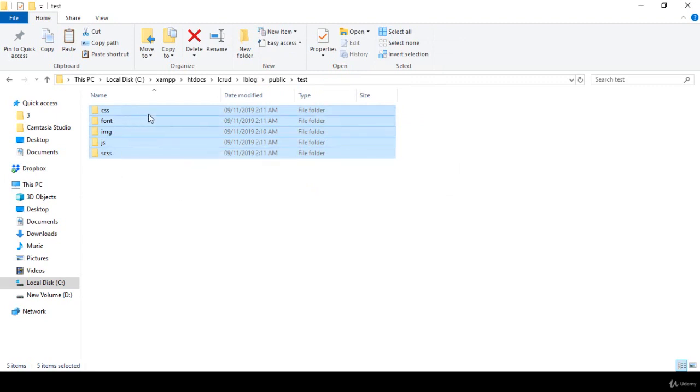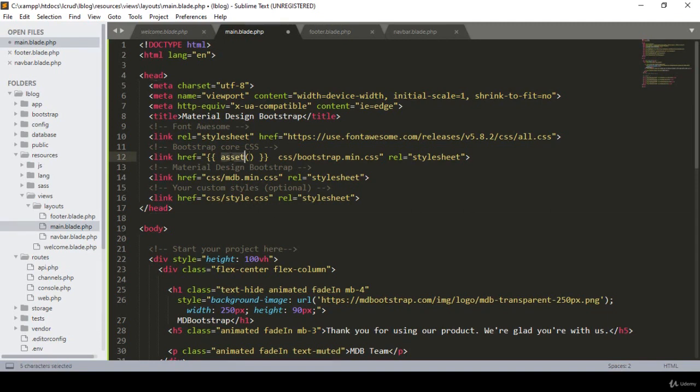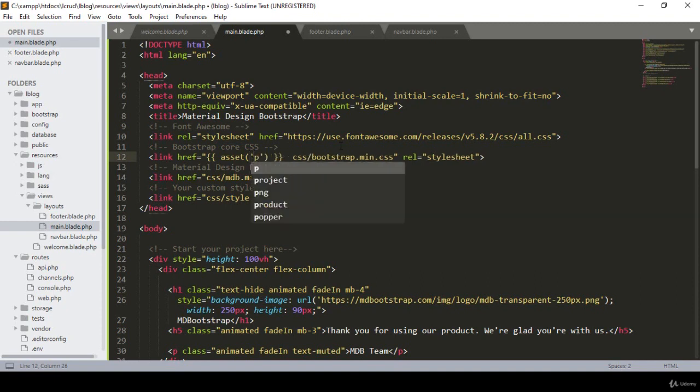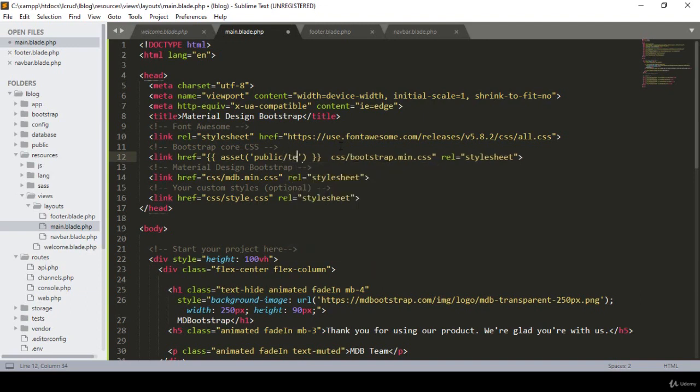And now I want to link that page. So in our project, what I assign is the asset, and after that asset, the public, and then the test. So here you have to assign it. I define that asset, and after that asset here you have to define your public folder. After the public folder I created one folder as a test. So I define test, and after the test here you can see